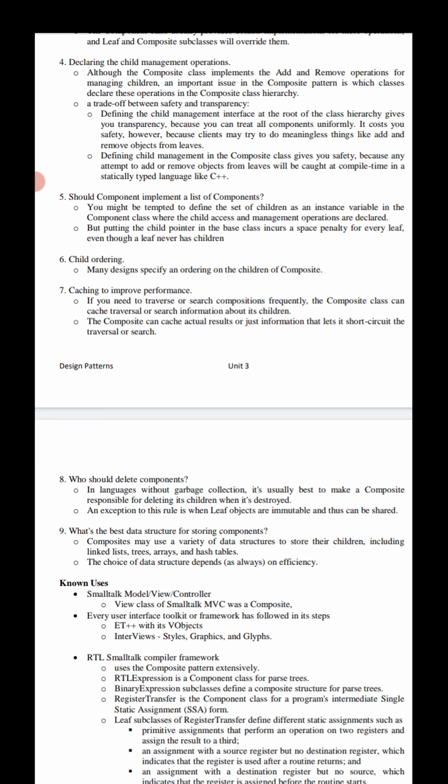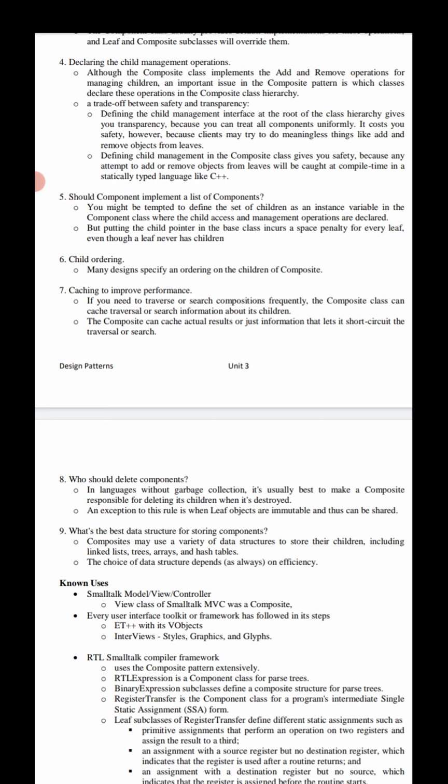Should we declare them in the component class and make them meaningful for leaf classes? Here we take some decisions. It involves a tradeoff between safety and transparency. The first option is to define the child management interface at the root of the class hierarchy. It gives you transparency, because you can treat all components uniformly.